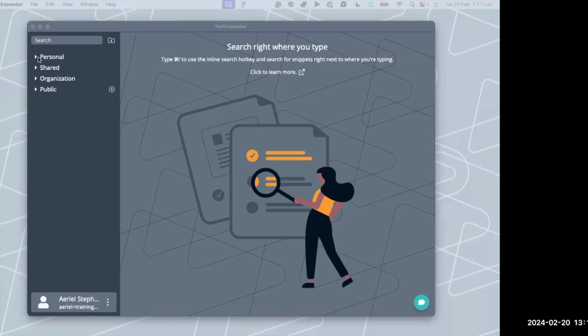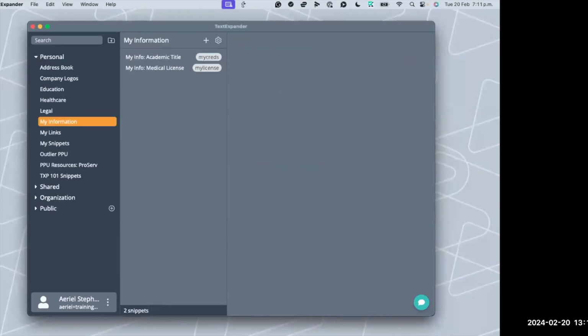So you'll notice that I have here a snippet group that is called My Information. And it's basically just filled with some small tidbits of information about me. And don't forget, if you're a little bit unfamiliar with some of the TextExpander terminology, a snippet group is like a folder of how you organize your content. So, we love to stress that the best practice here is to create these groups, or again, folders, very granularly and specifically based on your specific workflows. You don't have to overcomplicate it, but we definitely encourage you to be intentional with this.